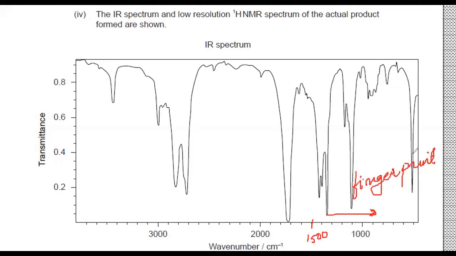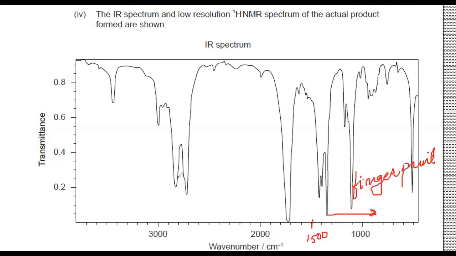So in our question also, in order to identify which is the actual product, we can depend on the IR spectrum to know the functional groups that are present. Based on the peaks that we get in the IR spectrum, we can come to the conclusion regarding which functional groups are present in the actual compound. Though A and B are possible isomers, only one is the major product, and in order to identify that, we are depending on this IR spectrum.